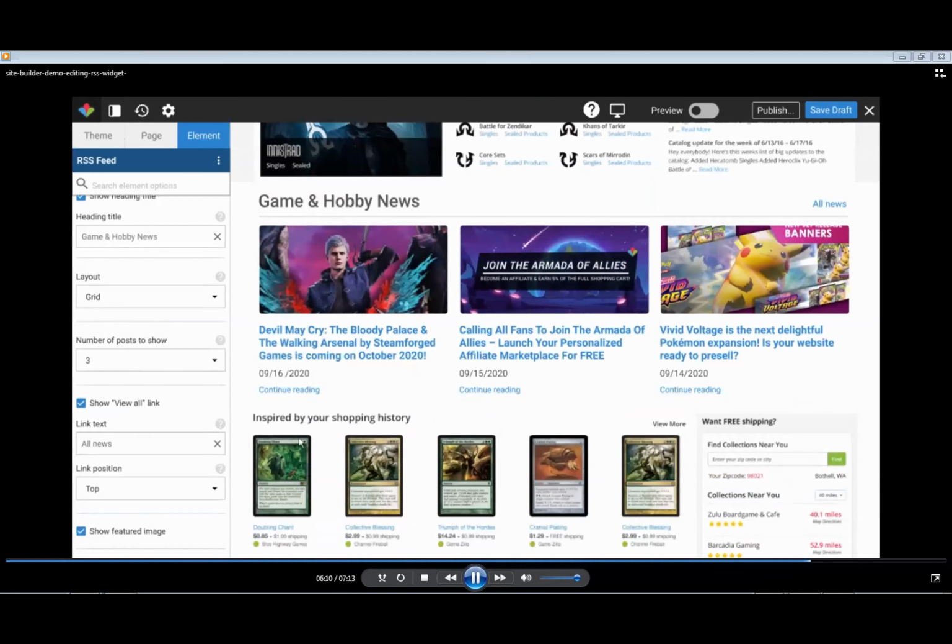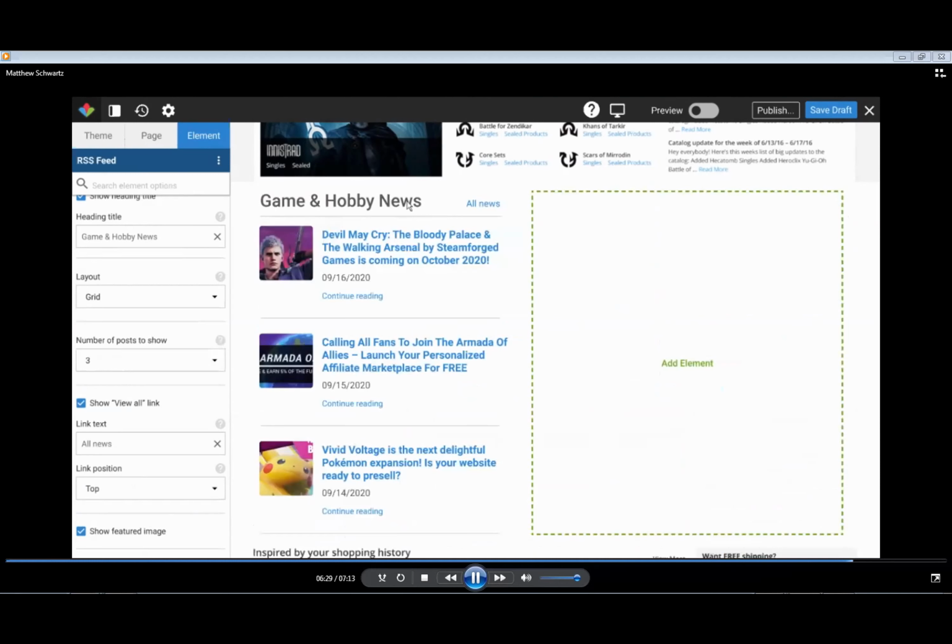All right, let's do one more customization, and this is where it gets really cool. Let's say after we do this, we decide, you know what, I want this RSS feed to be in a different layout. I want it to be a list format that goes vertically so that I can put some other widgets to the side of it. I can just go to this layout field right here, and I can click that, and then I can select list. And this layout updates to be the list view,